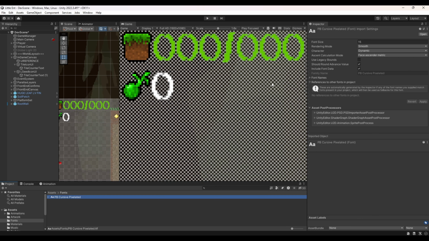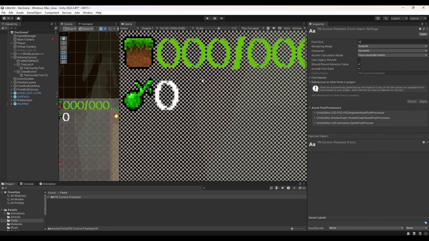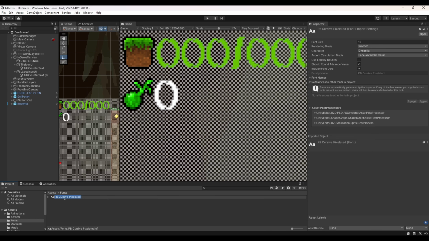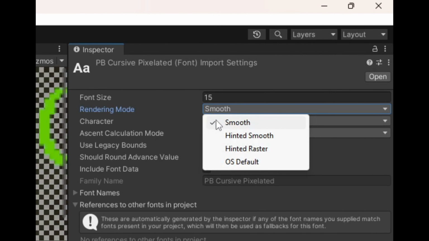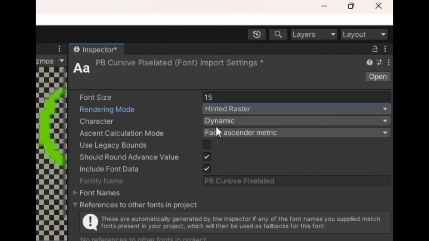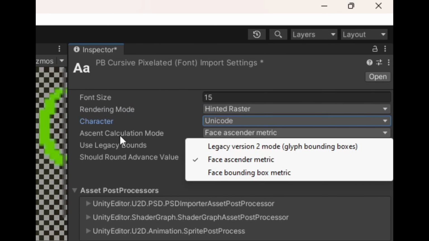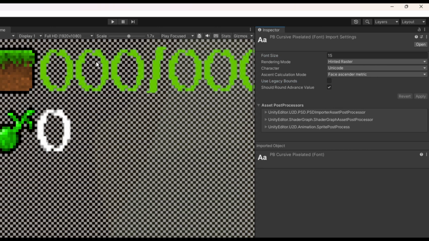Once you import it, or if you downloaded other fonts that you want to use in your games, all you have to do is go onto this font itself and change things around. Start with the render mode. Set it on hinted raster, characters set on Unicode, calculation mode ascender metric. Once you apply, the text will slightly change, but what we'll need to do now is drastically increase the